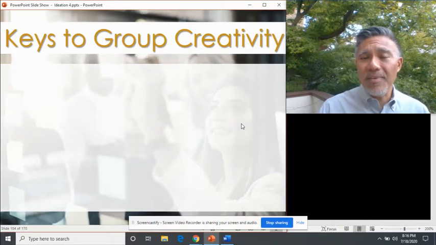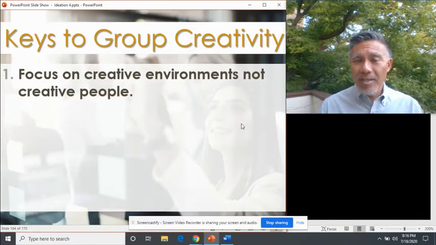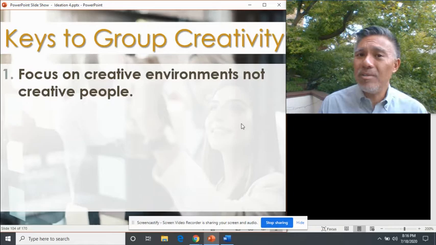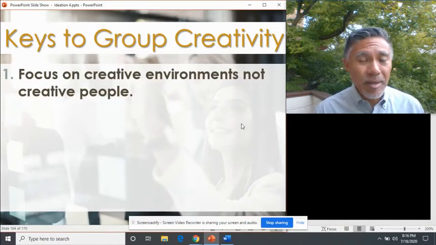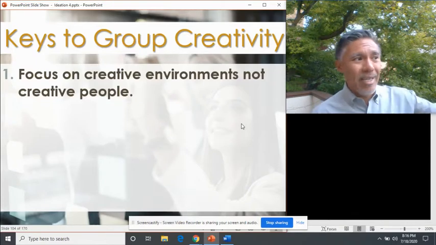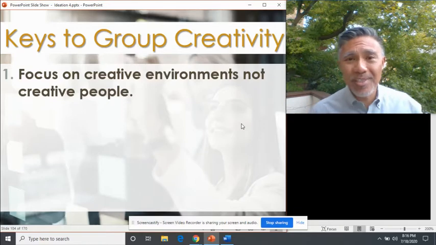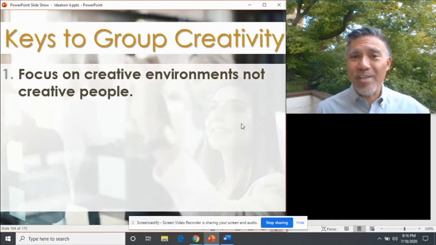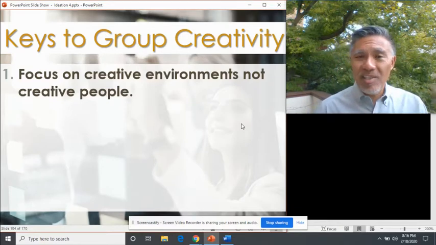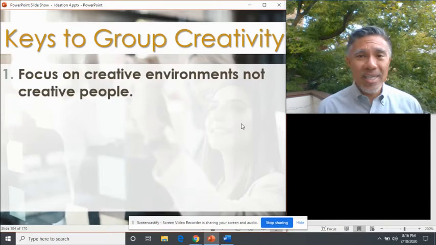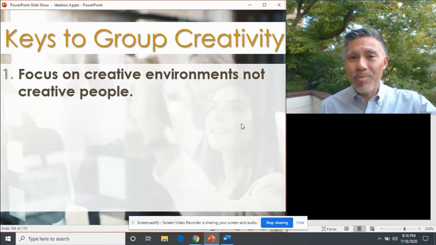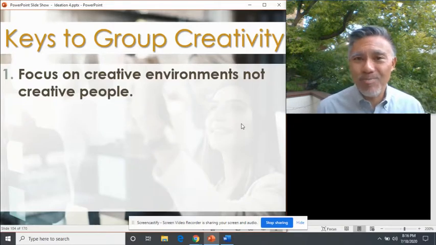Well, it turns out that you need to focus on making a creative environment more than gathering certain types of people that are creative. In companies, sometimes there's this idea that we'll just get this guy and that person and this person together in a room because they're like our most creative people. And then all of a sudden they'll have lots of creative ideas together. It turns out that's not necessarily the case. It's not about grabbing the people with the weird ideas or the folks that normally have interesting perspectives